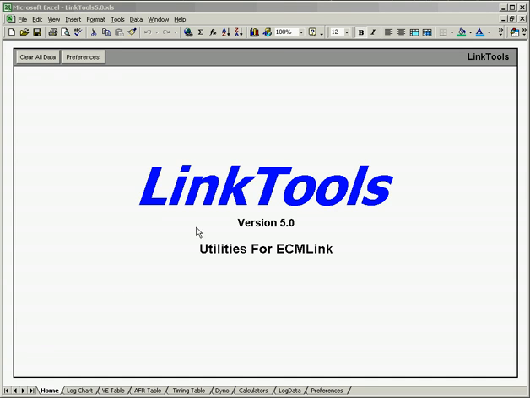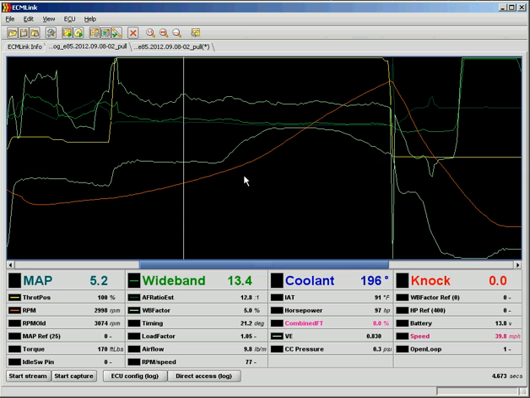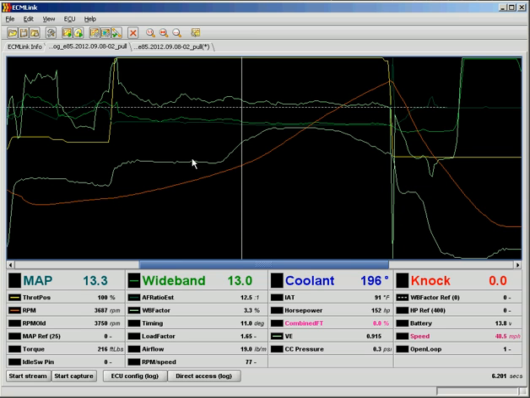In this video, we're going to start talking about VE corrections and how to apply those from within LinkTools. So if we start off here, let's go to ECMLink and look at this log. Standard log, a pull that started somewhere around 2400 RPMs, and I took it up to about 7000 RPMs. Now, as you can see here, I've got a reference point set in ECMLink that shows me a 0 reference